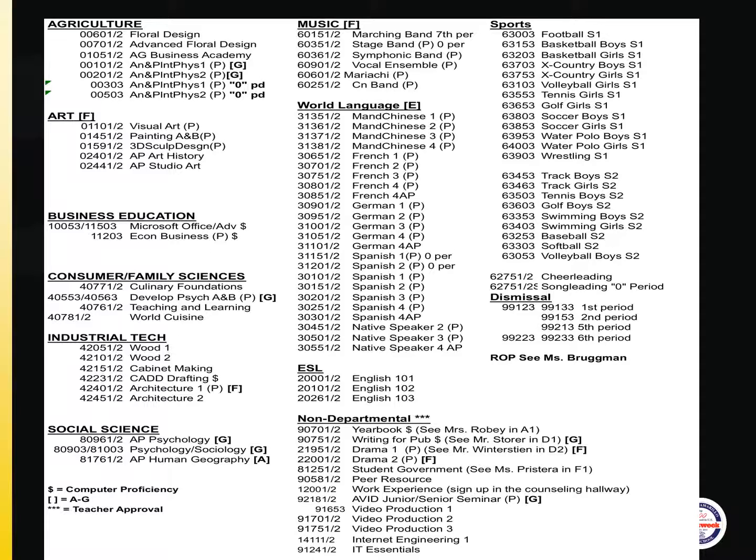If you have a job where you pay taxes on your earnings, we will have a sign-up sheet in the counseling office. This class can be taken for either 5 or 10 credits. And since the class meets with Mr. Fearson during the day, whether before school or nutrition, you're not actually meeting during the day, but it kind of acts like a dismissal. Below that, we have the Avid Junior Senior Seminar for those of you who are in